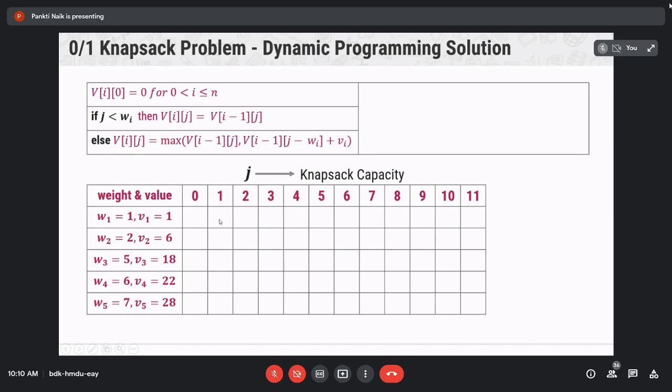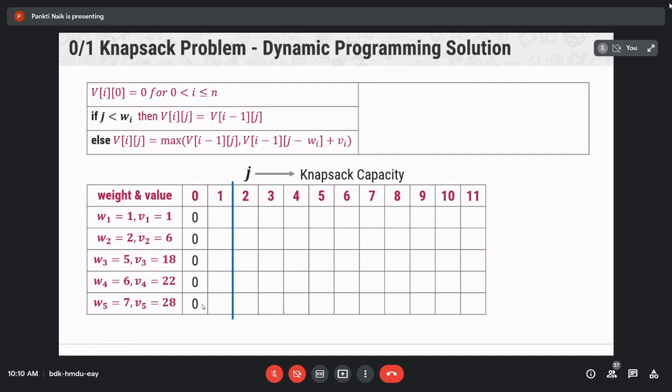So put 0 in the 0th column, until you get the value of i less than or equal to n. When you get the value of i greater than n, then stop this.